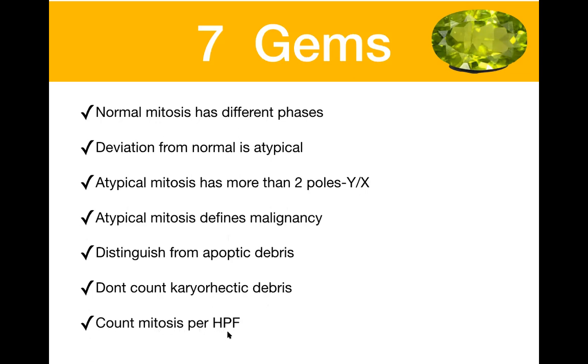Then mitosis are to be counted per high power field, and you can also count them per 10 high power fields. So you count the number of mitosis per high power field or per 10 or per 50 high power fields, depending on the case which you are seeing. So for usually sarcomas, we count per 10 high power fields. So you take 10 fields and you count the number of mitosis. For gastrointestinal stromal tumors, we count per 50 high power fields. So depending upon the grading of the tumor, the number of high power fields could be different, and you have to count the number of mitosis inclusive of both typical as well as atypical.